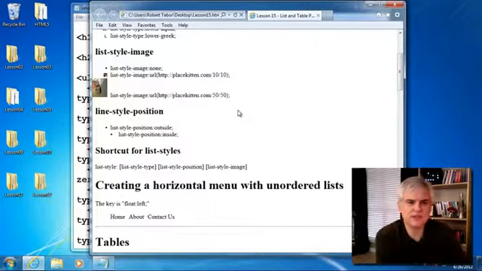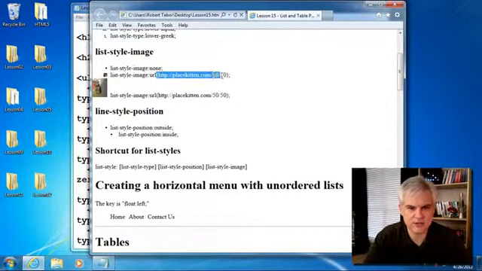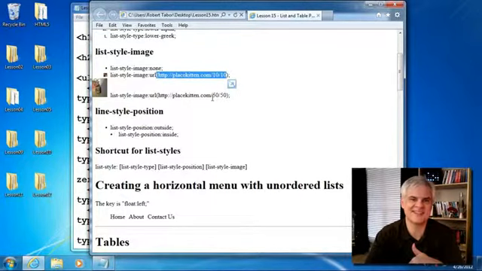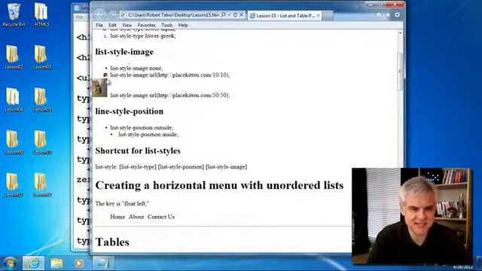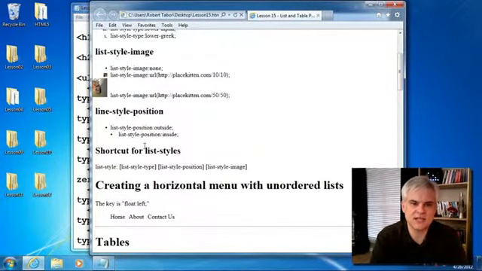There's also the ability to create a custom list item. So using the list style image, we can use an image instead. So I just use a URL with an open and close parentheses and then point to a valid URL. We talked about placekitten in the previous lesson, so I'm just using a 10 by 10 placekitten and a 50 by 50 placekitten to show how each of them kind of could be used in a series